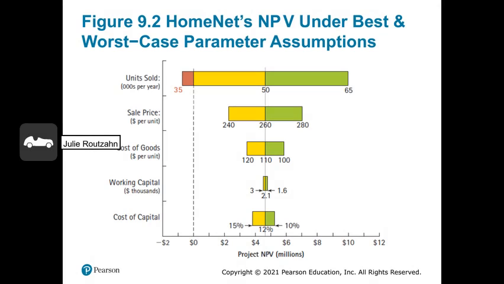So what this graph shows us is the best and worst case scenario parameter assumptions in a graphical depiction. What we can see here, right, on the bottom is the net present value of our project. So anything above a $0 net present value is going to work for us, right? So this is our worst case, units sold of 35. Right, we're going to end up with a negative net present value, because here, this is a negative number, right? But for every other case,